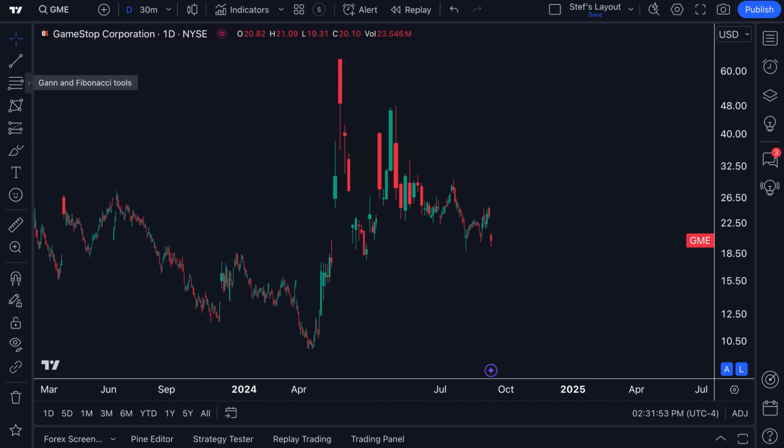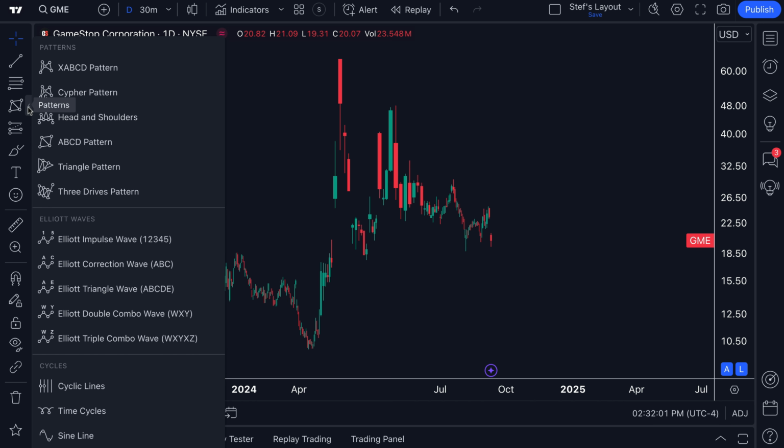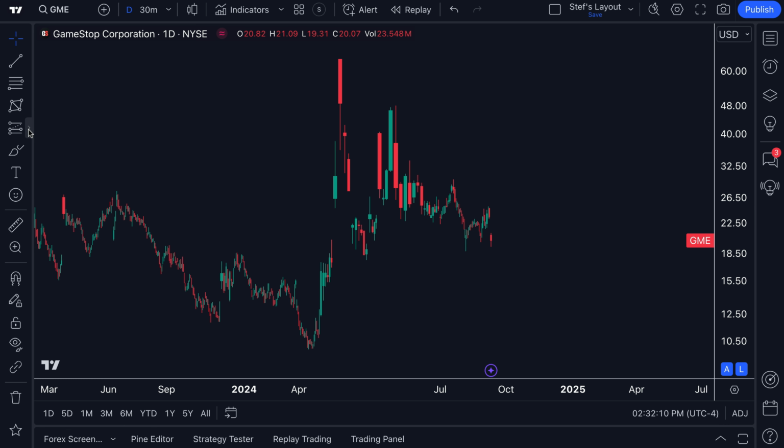You also have Gann and Fibonacci tools. Now, what you're going to find as you move through this list is that depending on the type of trader you are or the type of research you like to do, there is a drawing tool for everyone. Now, I must admit, in my personal experience, I really love the forecasting and measurement tools here,